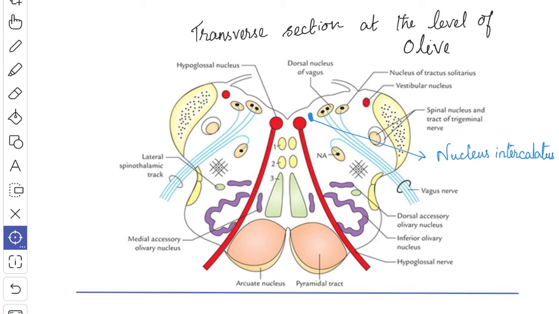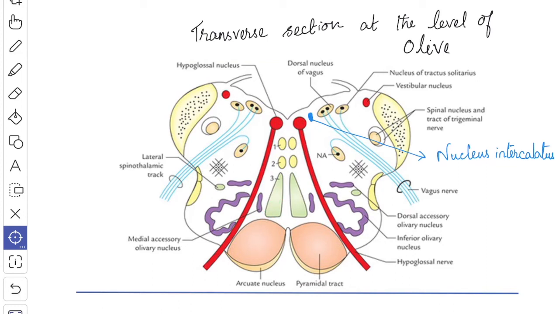The nucleus tractus solitarius lies ventral to the vestibular nucleus. Then you have the nucleus ambiguus. It lies deep within the reticular formation and gives origin to the motor fibers of 9th, 10th and the 11th cranial nerves. On either side of the midline, in the paramedian region from dorsal to ventral, you have the medial longitudinal fasciculus. Then you have the tectospinal tract, then you have the medial lemniscus and then you have the pyramid,